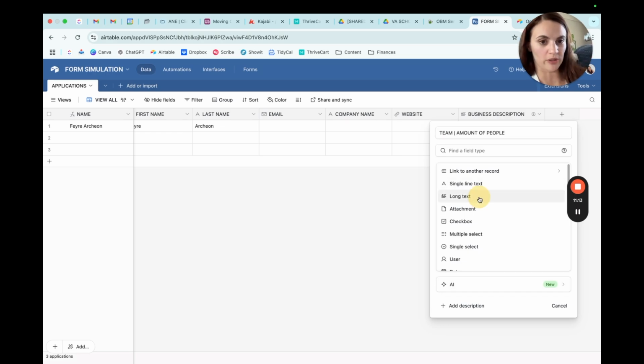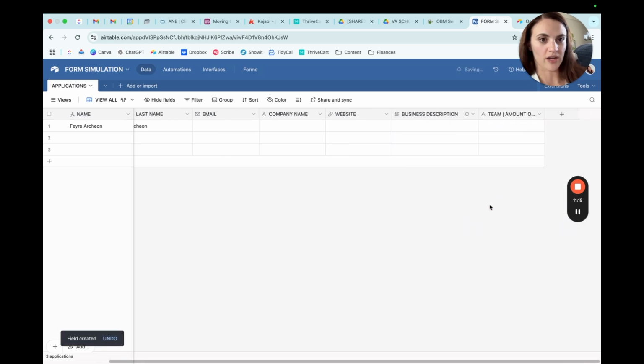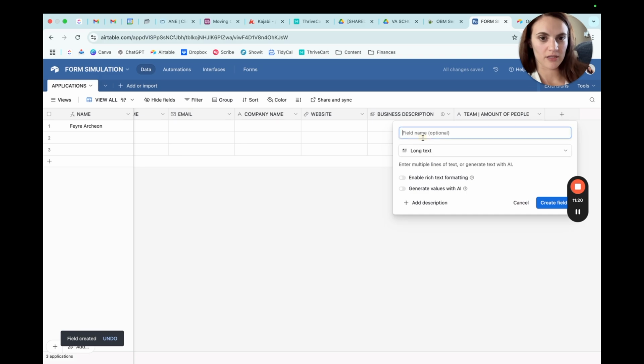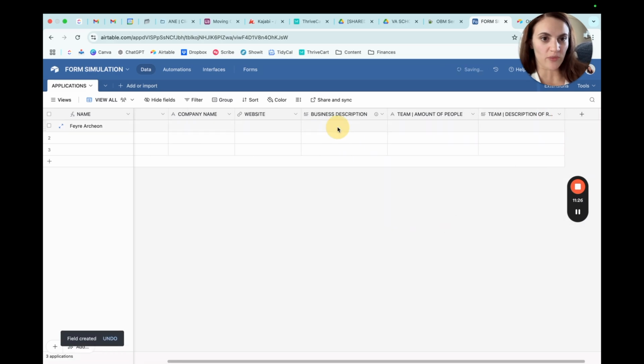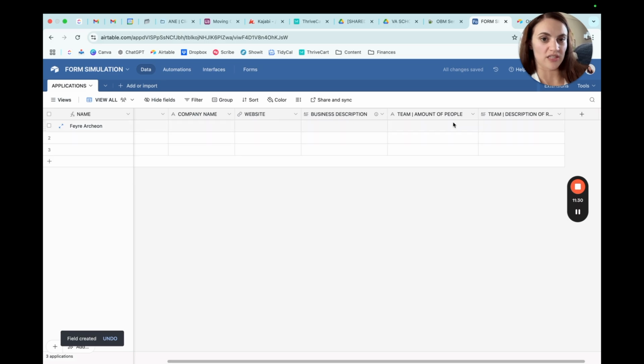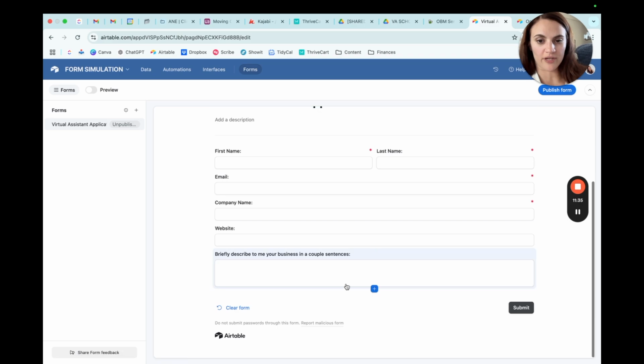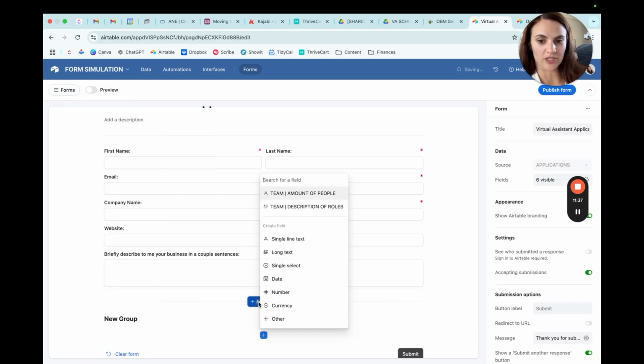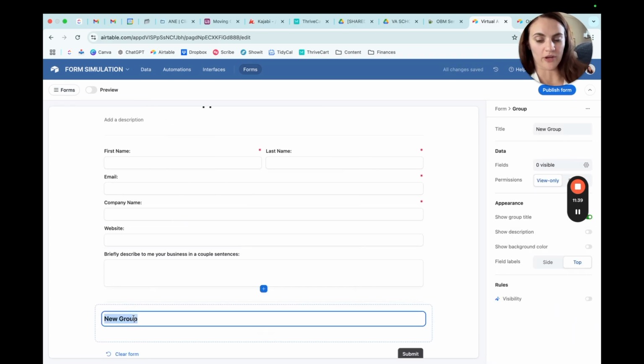So to show what that would look like, let's just do a single field there. And then let's say we also wanted to know their description of roles. We wanted to have that. So that is one way to add in these sections, these tiers here, or fields here. And now if I wanted to add a group, let's say I did want to learn more about their team